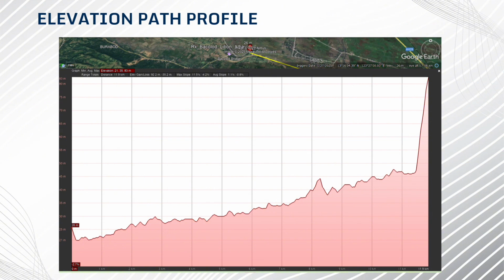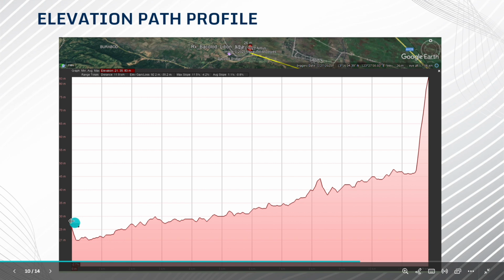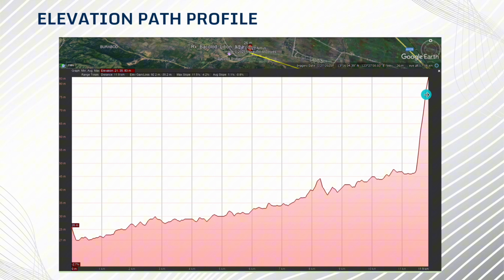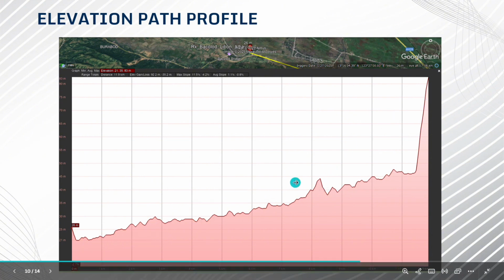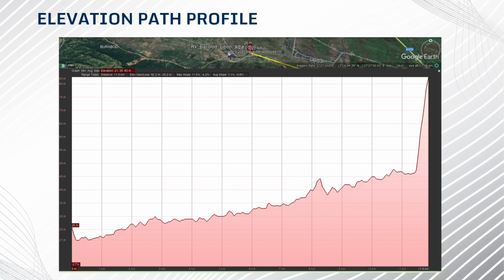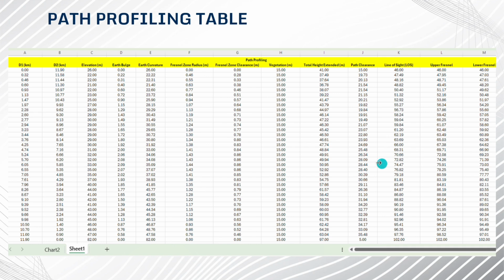From the elevation profile, obtained through Google Earth Pro for the point-to-point site location depicted in the image, we can observe that the receiver is positioned at an elevation of 26 meters, while the transmitter stands at 82 meters. The elevation path profile also illustrates the connection between the two locations, showcasing the peak-to-peak relationship. The peaks represent the terrain and various obstructions present along the distance separating these points.